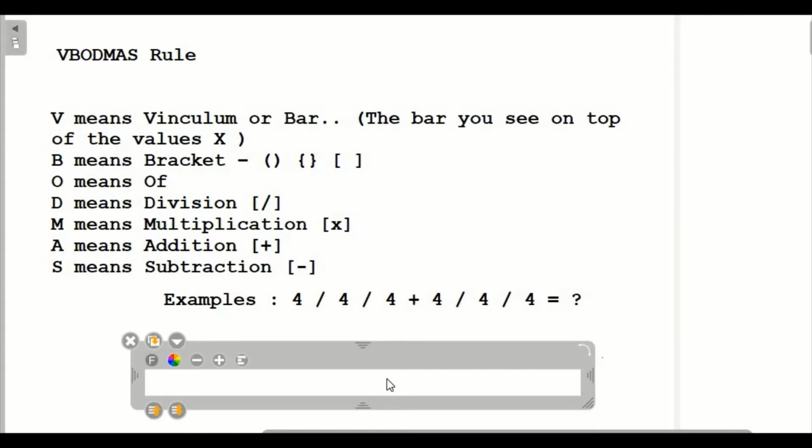In the order, we have to calculate the division first. So 4 divided by 4 is 1. Then 1 divided by 4 is what we have to calculate. We have to calculate by order. Then the second thing is 4 divided by 4 is 1 plus. So we have to divide it by 4, which is equal to 2 by 8. So our value will be 4.